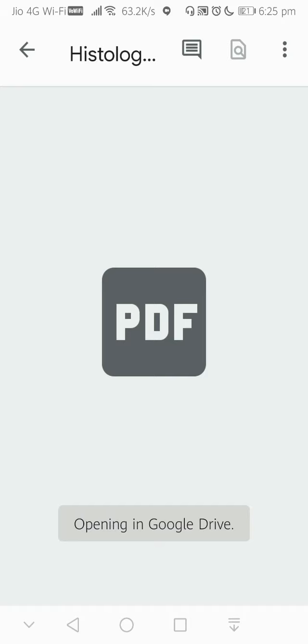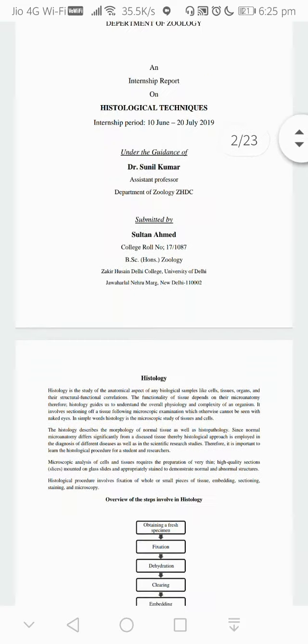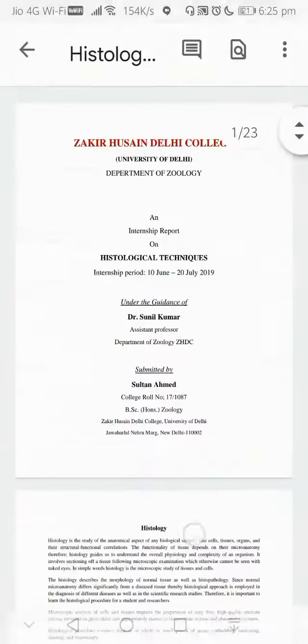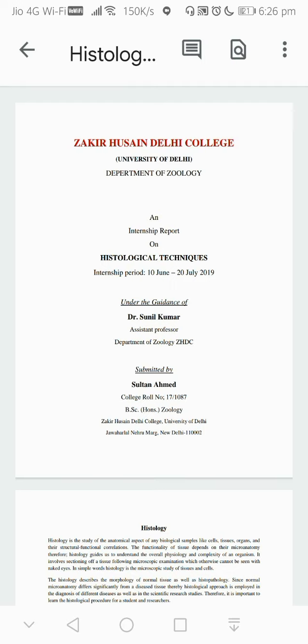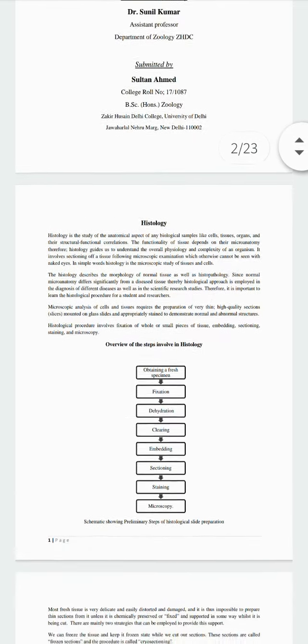Yes, now you have opened your PDF and now you can share it. Everybody who is in your meeting can see your PDF or document.